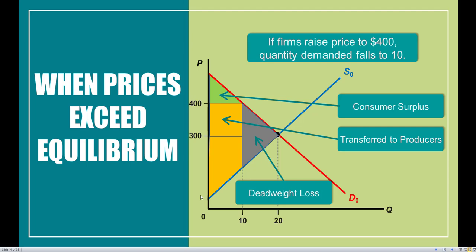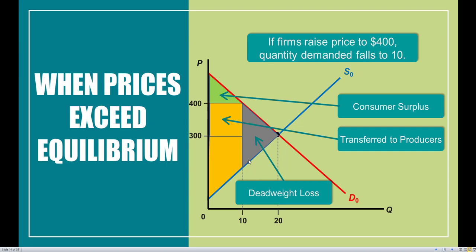When prices go above equilibrium, consumers lose out, so inherently consumer surplus should be lower. Producers are going to be winning, so when we calculate producer surplus, this area, the specific value should be much higher. And the reason why total surplus is lower when we add these two together is because we have some type of inefficiency, which is this deadweight loss, and we can calculate this area out as well.